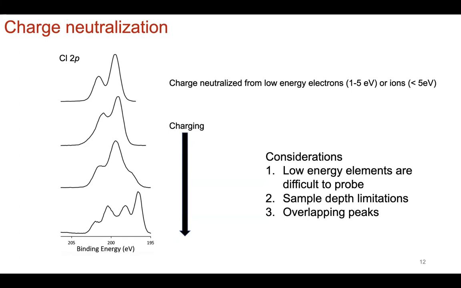Unless you have a beautiful layer that is flat and the thickness is uniform, you're going to have some signal attenuation. You can also have some charging effects, which we've seen, things like SEM,